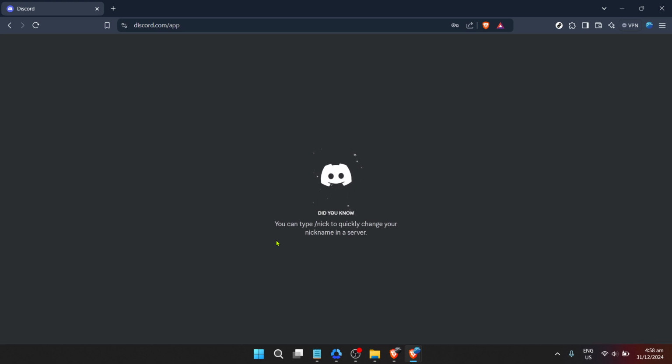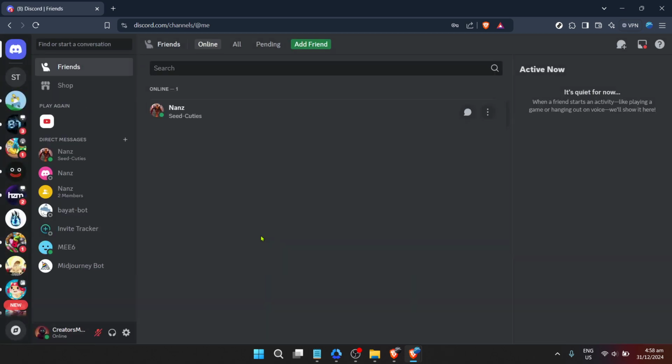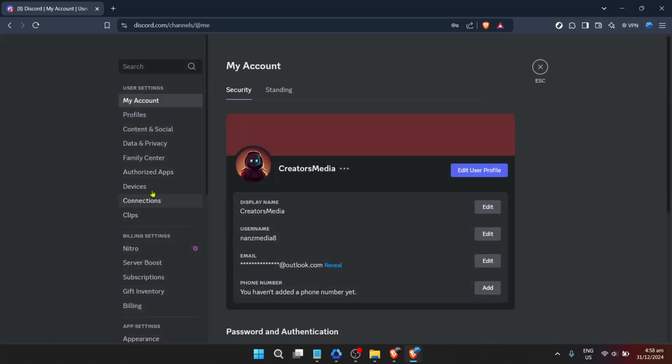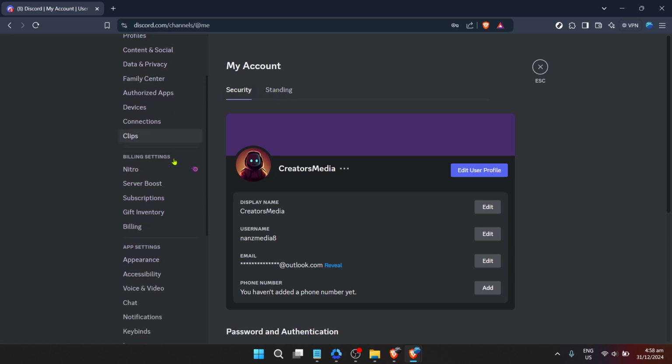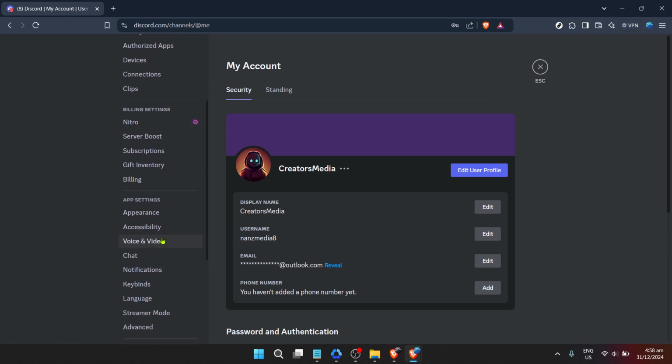From the home screen, your next move is to fine-tune Discord to ensure it's running optimally. To do this, navigate to the lower left corner and click on User Settings, represented by a gear icon. This section is the control room for customizing your Discord experience. Once in User Settings, scroll until you find Voice and Video. This is where you can adjust how Discord handles your audio and video input and output, crucial for clear communications